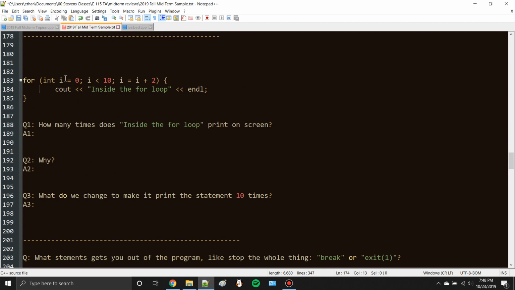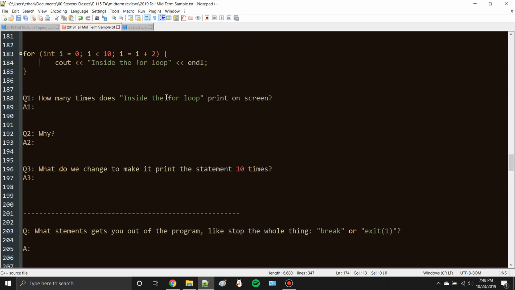Okay. So this is a for loop. How many times does inside the for loop print on screen? So we have from int i equals 0, i is less than 10, i equals i plus 2. This will print 5 times. Why? Because this prints for i equals 0, 2, 4, 6, 8. So you're adding 2 to i after every loop, which is fine. It's a valid mathematical expression, so it's okay for this increment spot. And so you start off as 0, 0 is less than 10, good, and then you count up by 2. So